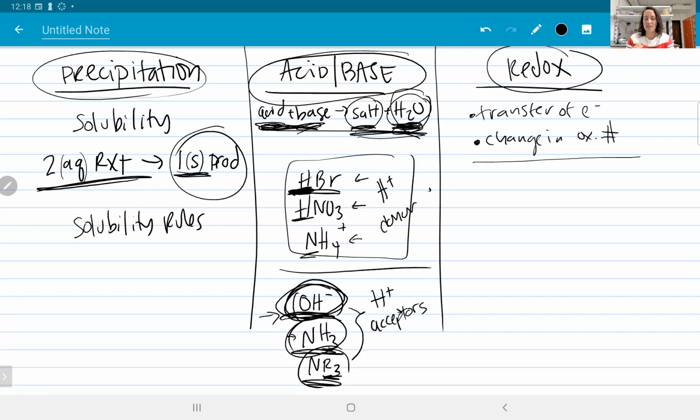And lastly is the redox reaction. So you see either a transfer of electrons, or you're going to see changes in the oxidation numbers of the species. One quick and dirty redox reaction you'll always see is combustion. So combustion reactions, that's where you take any compound. I don't even know how to begin making up a compound. It could be